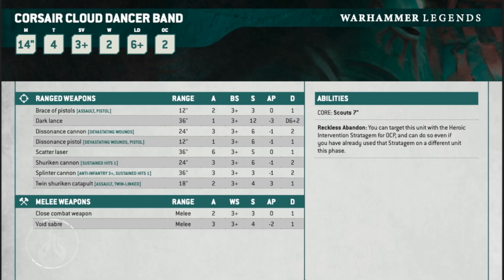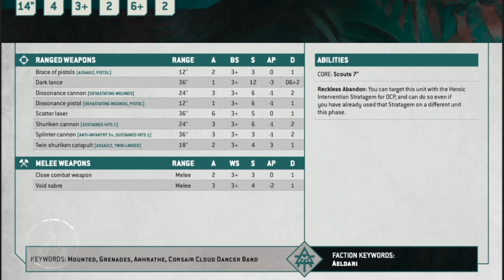They also have Scout, and they have Reckless Abandon. You can target this unit with the Heroic Intervention stratagem for 0, and can do so even if you have already used that stratagem on a different unit this phase. Very interesting. They're mounted, they have grenades,